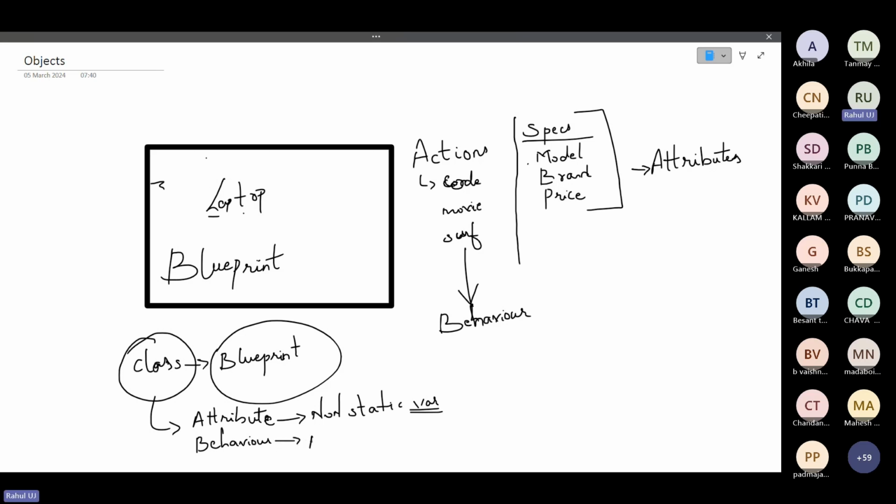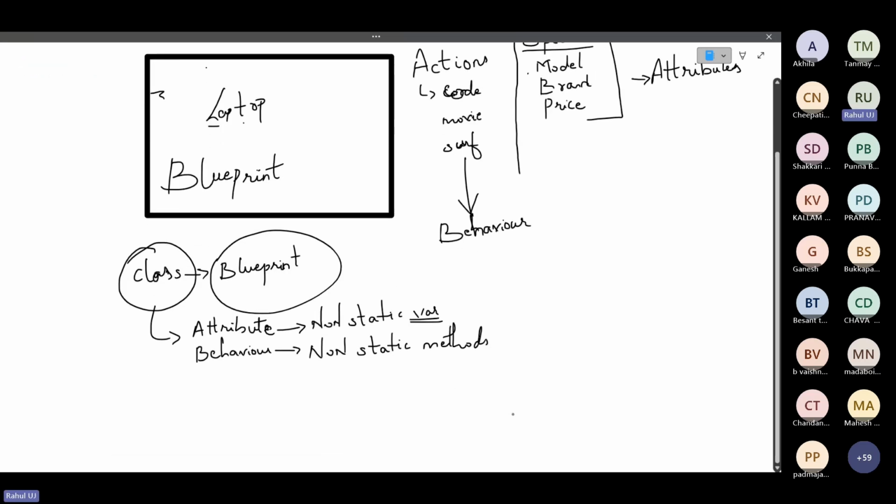Behaviors are non-static methods. Where will we declare variables and methods? It is inside the class only, right? Yes or no?